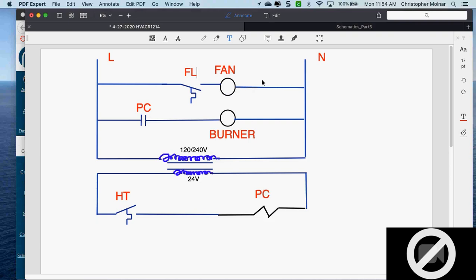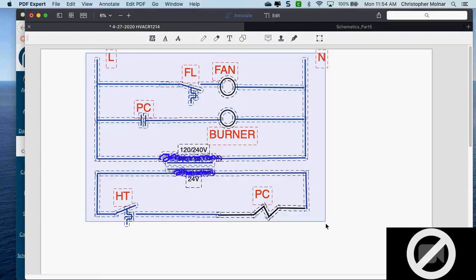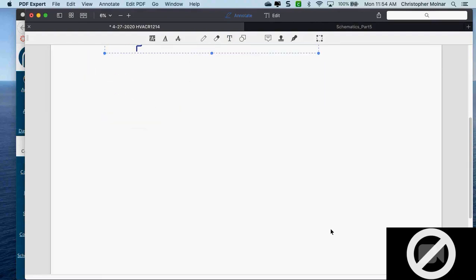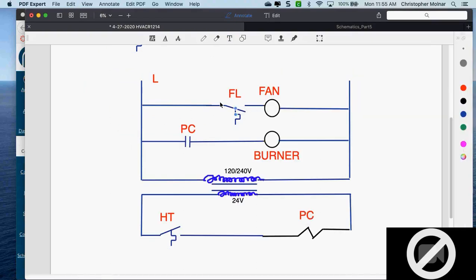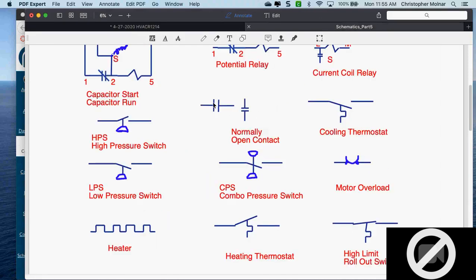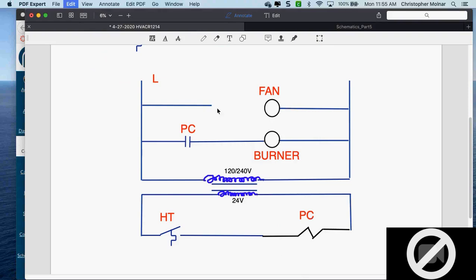Now, having said that, there's a new way that the engineers of today, on the new modern equipment, have started to turn on fans. Let me see if I can do what I just meant to do. Okay. If I take this fan limit switch out, leave that, and if I put in a contact, like you were going down the road with the contacts, which wasn't wrong. This is why I sort of wanted you to go a little bit further with it. Okay, if I go down the road with the contact,